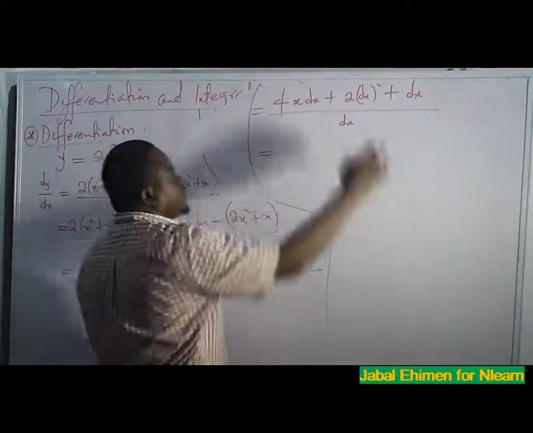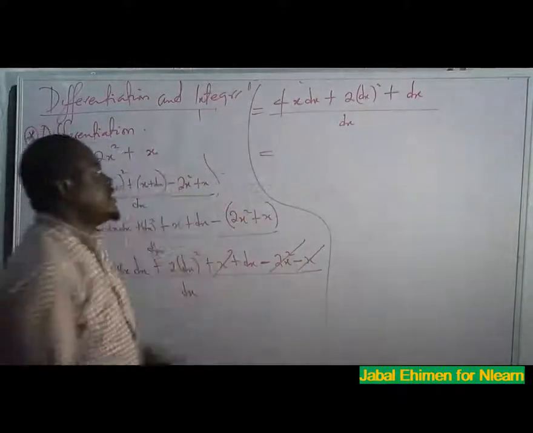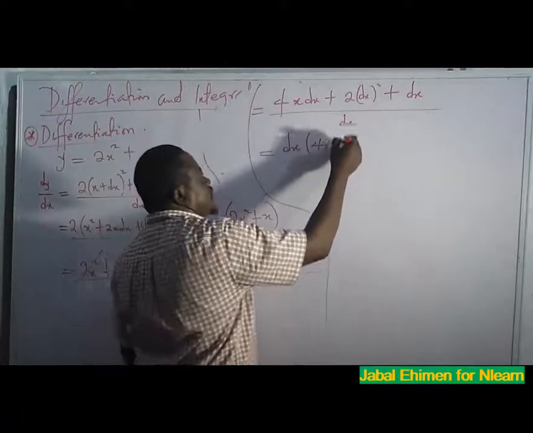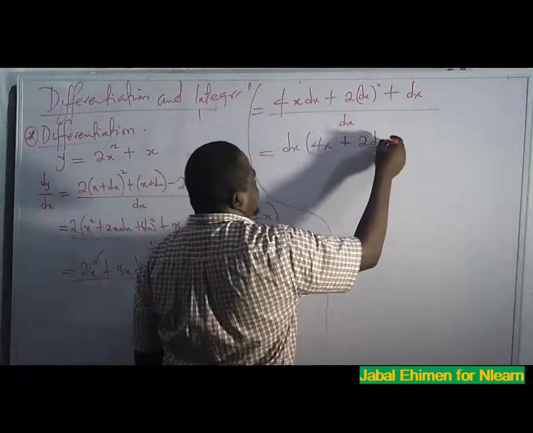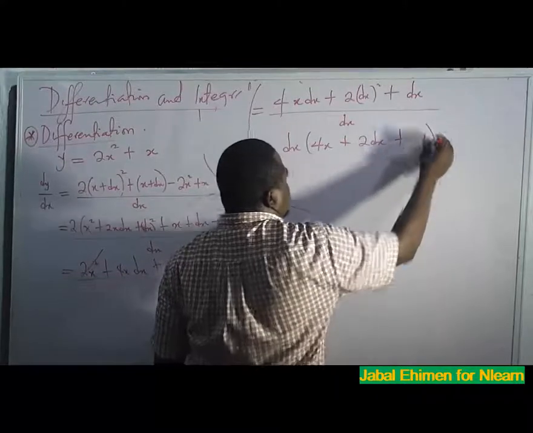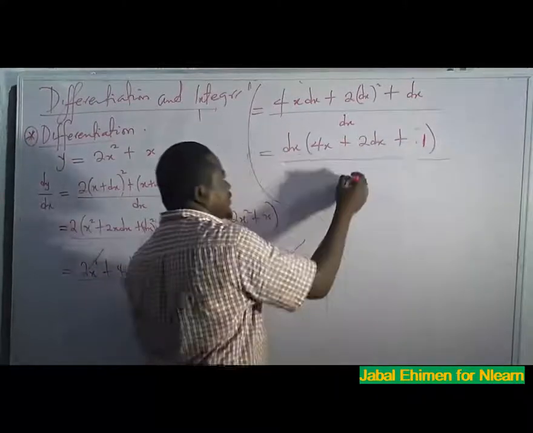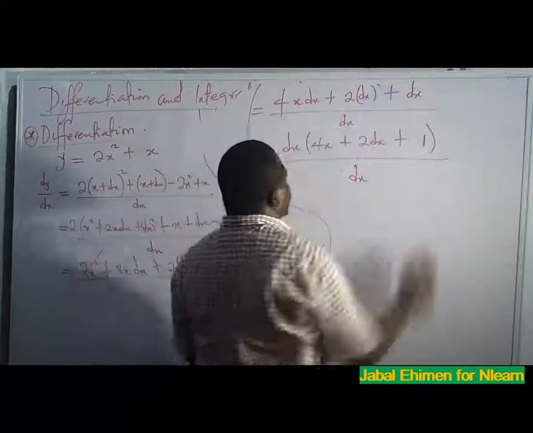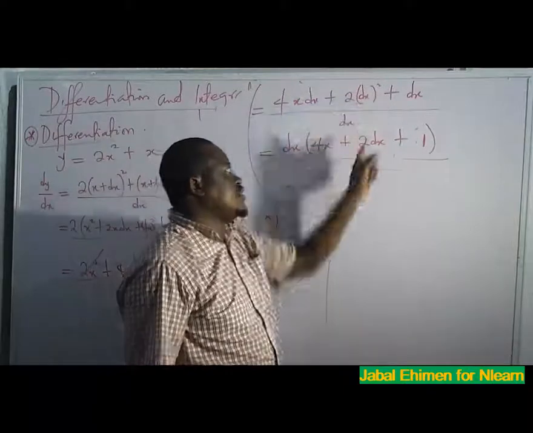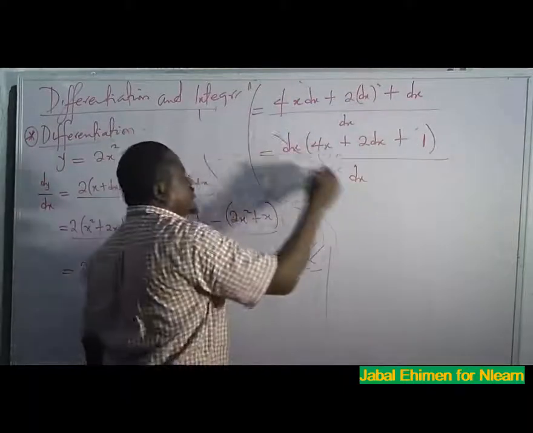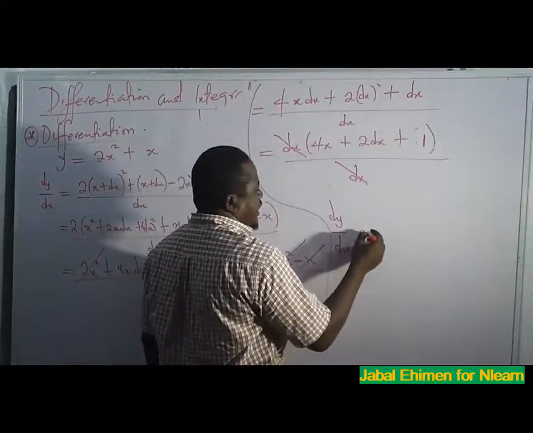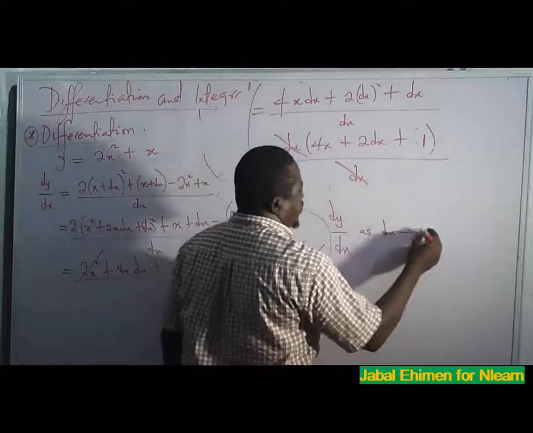Now, what is common between them is dx. If you bring that dx out, you have dx times (4x plus 2 dx plus 1), all divided by dx. Because if you take dx out and open the bracket back, dx times this is this, dx times this is the 2 dx squared. So these cancel. So dy over dx, where we're starting from,